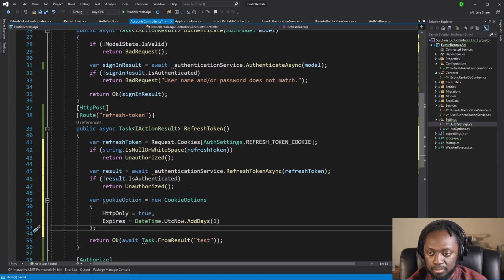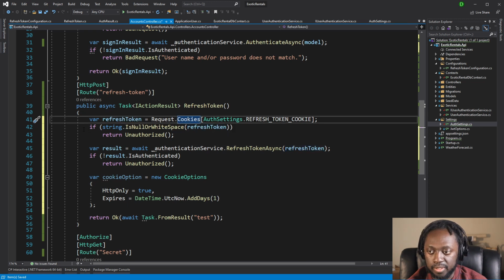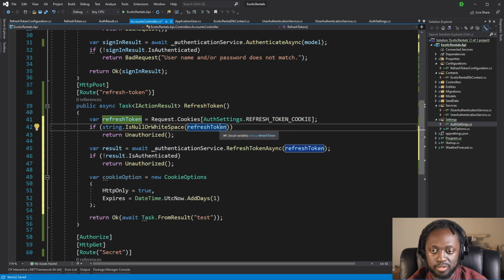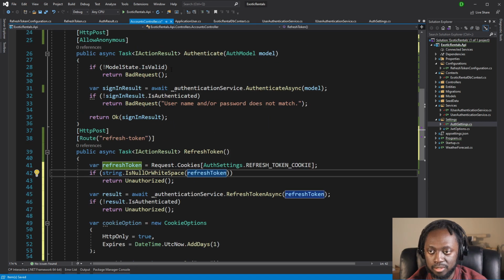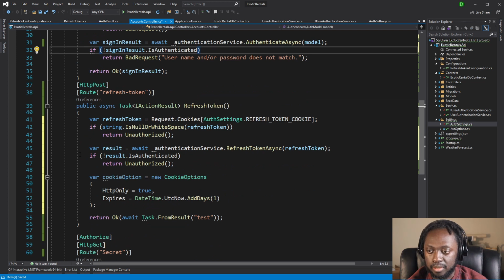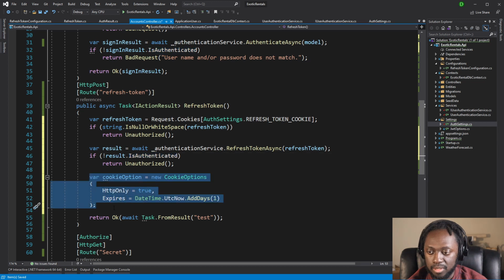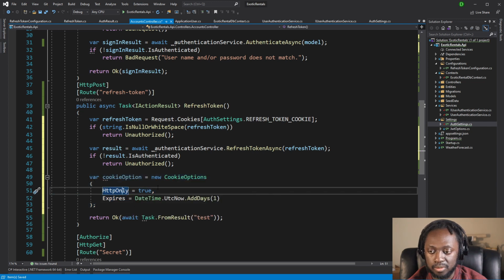All right, so let's go over this real quick. So we are trying to get the refresh token inside a cookie. If the refresh token does not exist, then obviously we never sent one whenever we authenticate the user. So we're gonna have to come back and change this here. And then what we do is, once the refresh token is good to go, if it is authenticated, we're going to grab this cookie and we're going to put this cookie option inside this HTTP only cookie, which is going to be for any scenario where you have